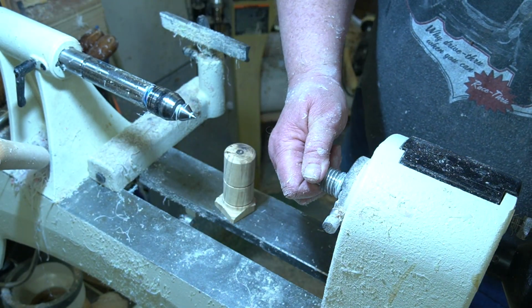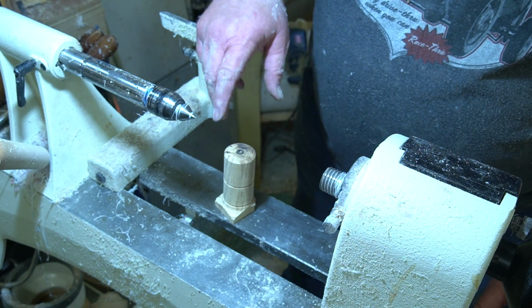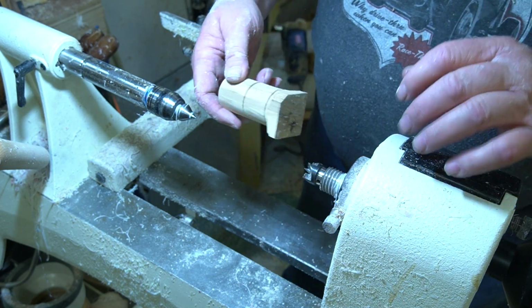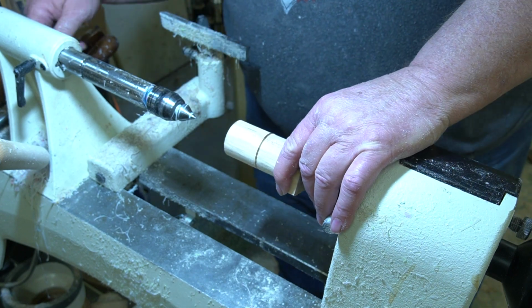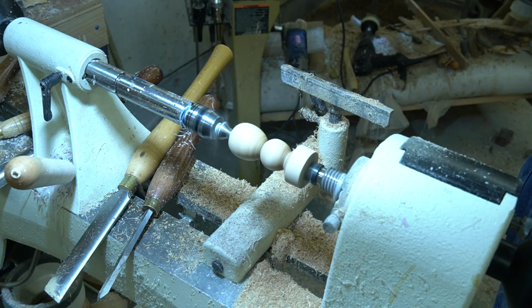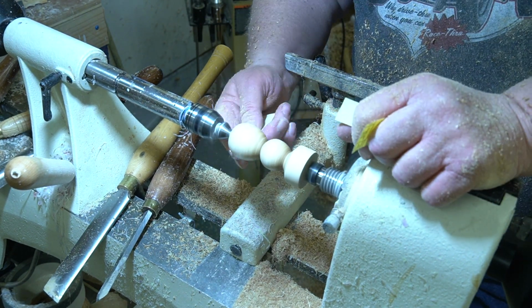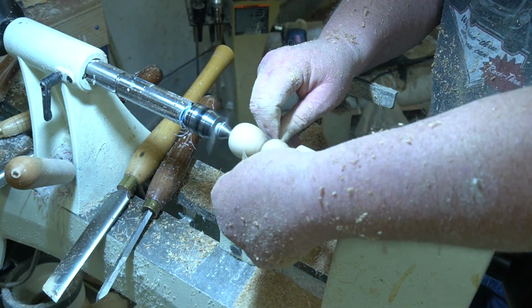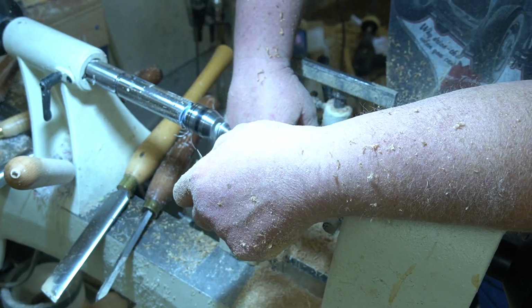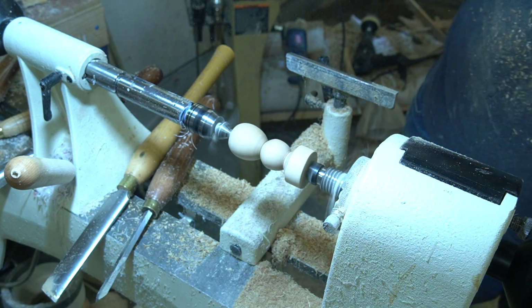Let me get my drive. Take out my center point, put in a spur drive, make sure that's clean, put that in, grab my piece. It's going to be a snowman. Bring that up. 180 grit. Alright. Start out with 180 grit. Alright, 220. Alright, now 320. Okay. Now,